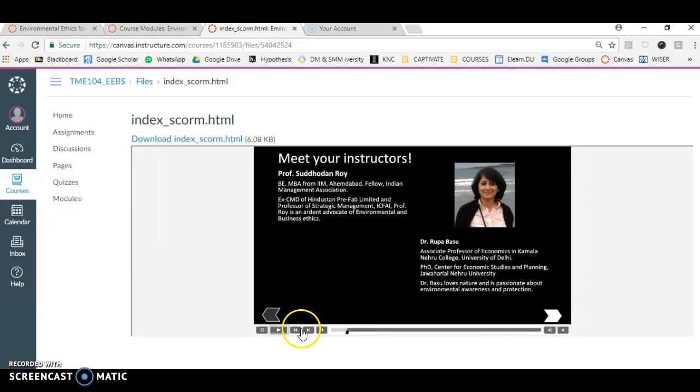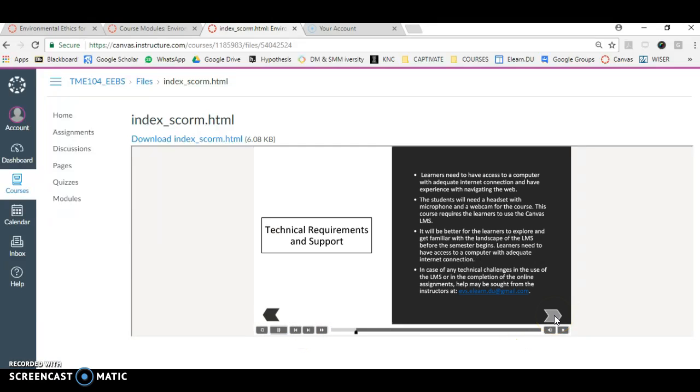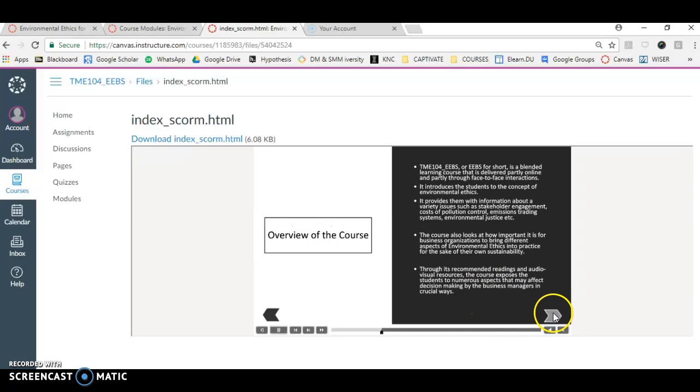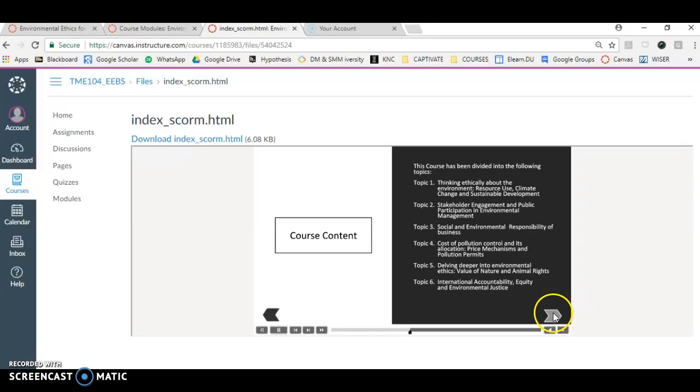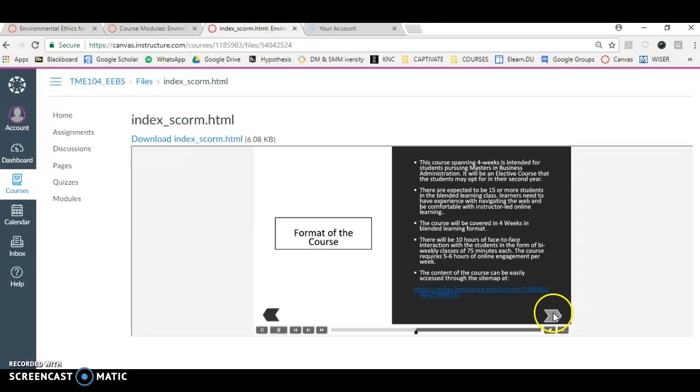And as you go through the presentation, it will talk about, let me just mute it. So here, the next slide talks about technical requirements and support. And then the next slide talks about the overview of the course, followed by the course content, which basically mentions the 6 topics which will be taken up. This is the format of the course. It talks about the blended learning format, how you would be instructed,